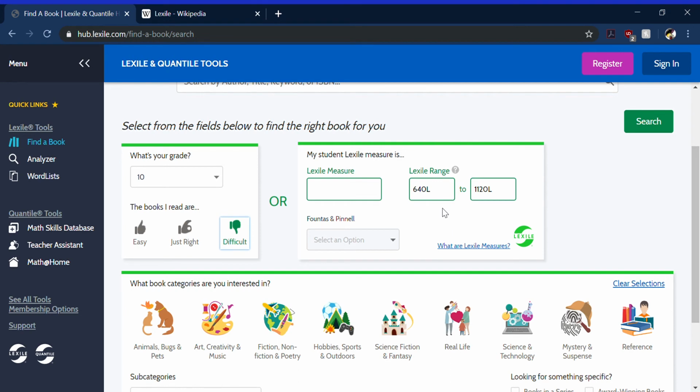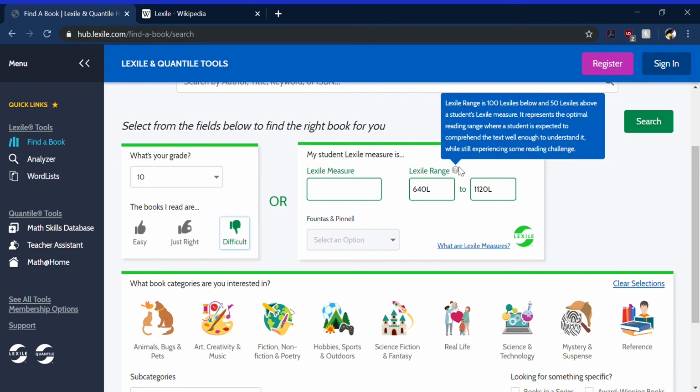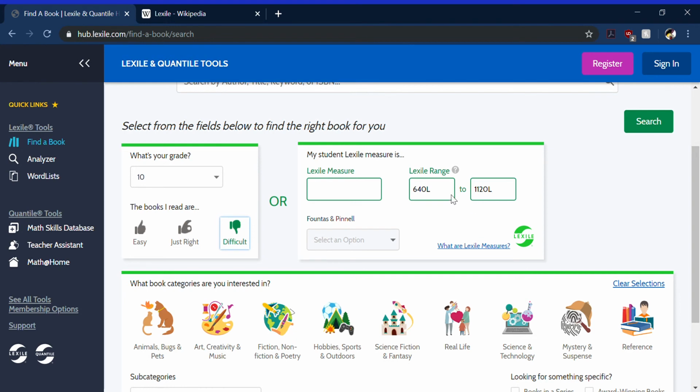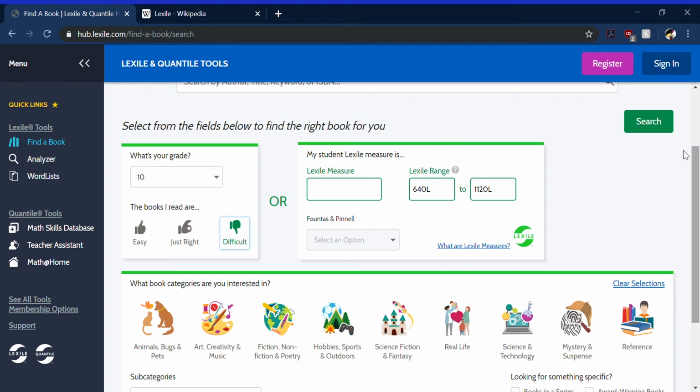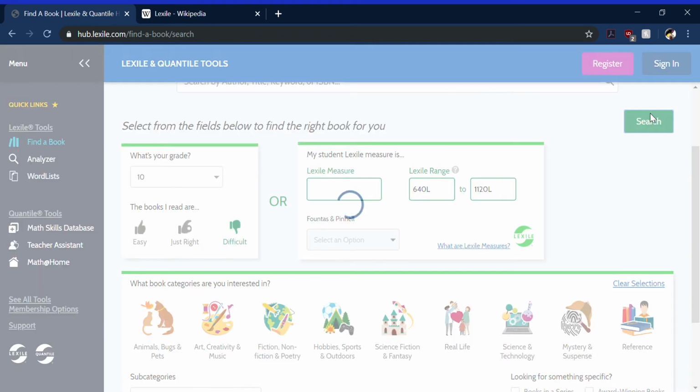So it shows the Lexile range here. The Lexile range is 100 Lexiles below and 50 Lexiles above a student's Lexile measure. It represents the optimal reading range where a student is expected to comprehend the text well enough to understand it while still experiencing reading challenge. So this is the range of books that would be difficult for a 10th grader within these parameters set here. So if we search that,